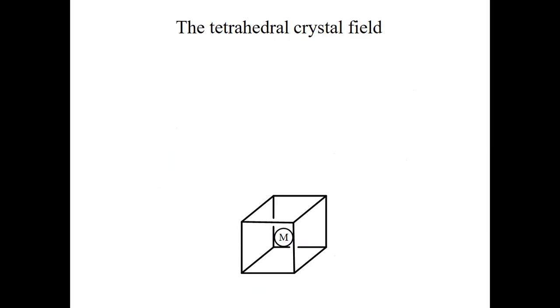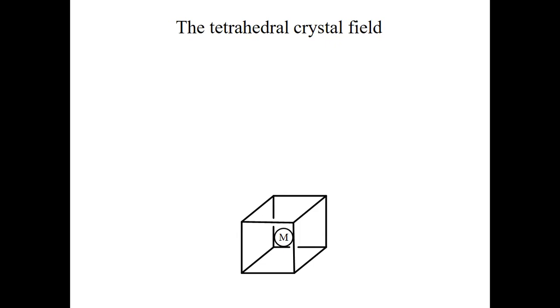In the case of the tetrahedral crystal field, the assignment of the coordinate system is a little bit less straightforward. We can make a reasonable decision when we remember that we can inscribe a tetrahedron